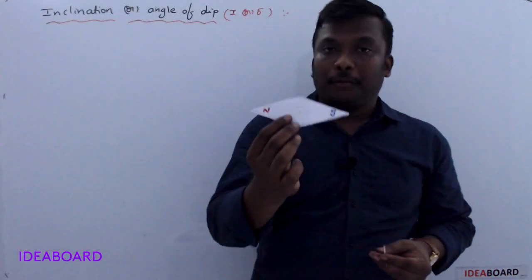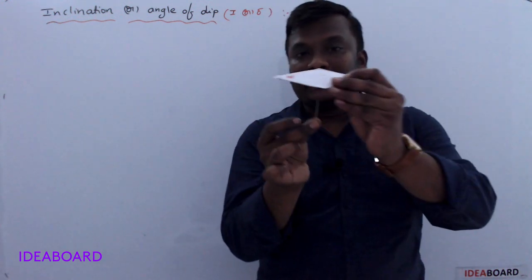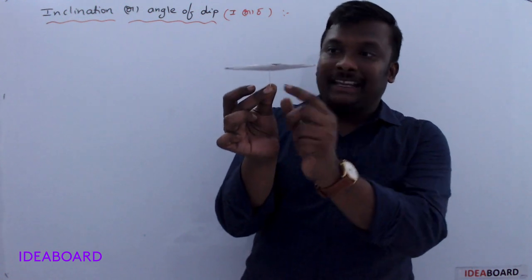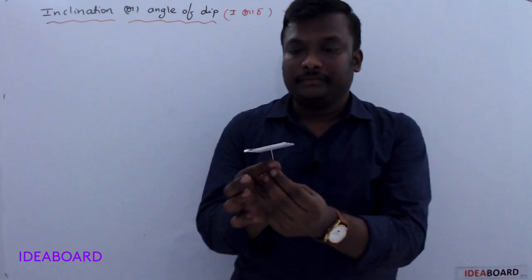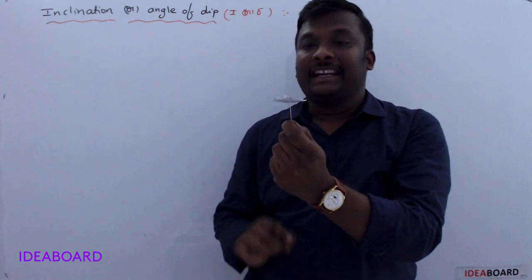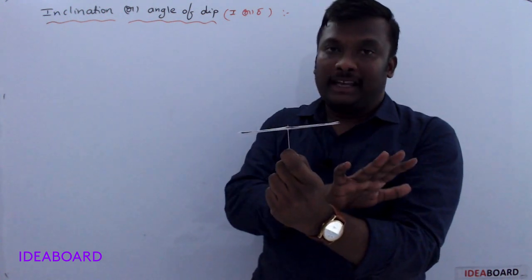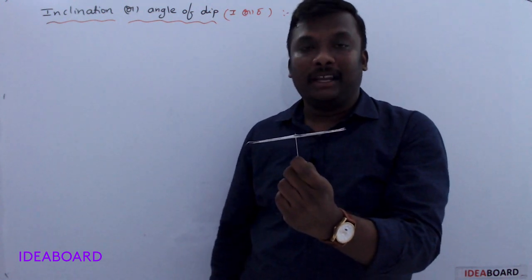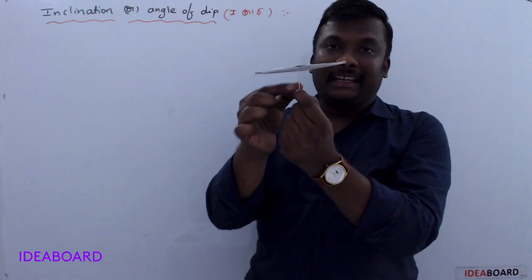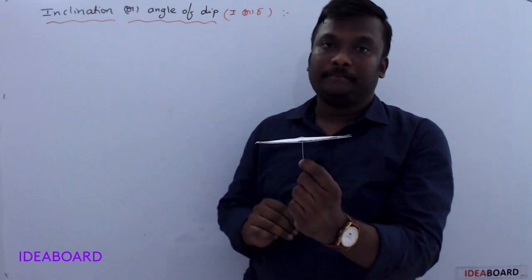So suppose you take this as a compass needle, just imagine, and it is pivoted on a vertical axis. This pin indicates the vertical axis direction. If this compass needle is free to rotate, then it always comes to rest in the magnetic north and south pole directions, and lies in the magnetic meridian plane. Understand? So this pin indicates the vertical axis and the compass needle is in the horizontal plane.